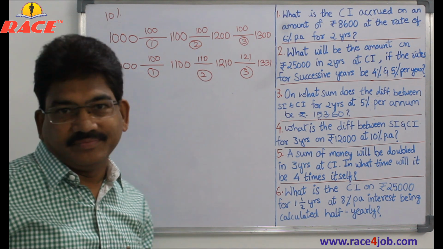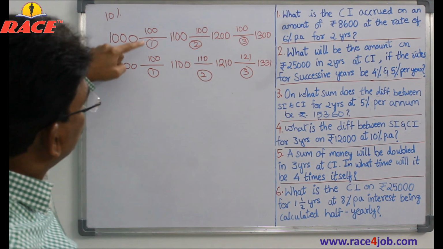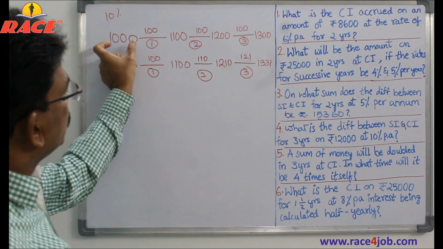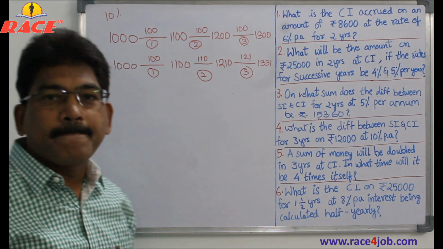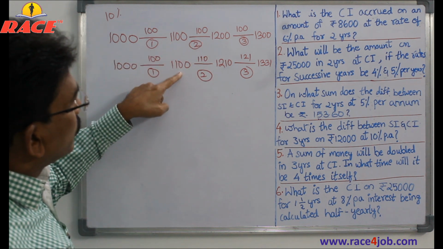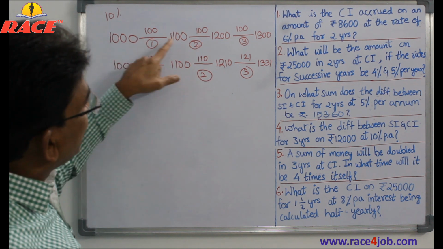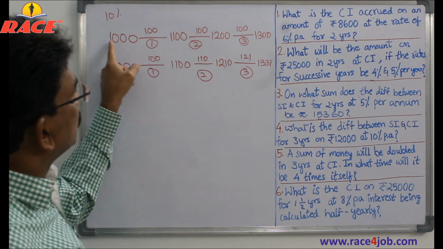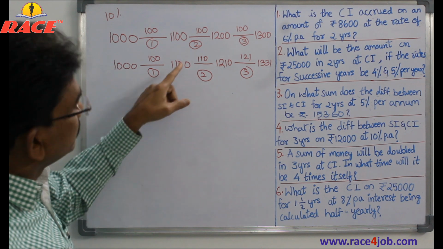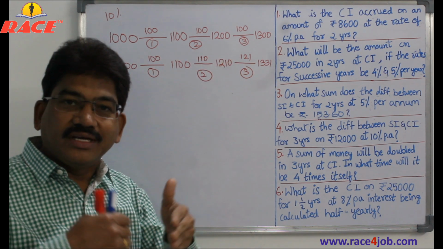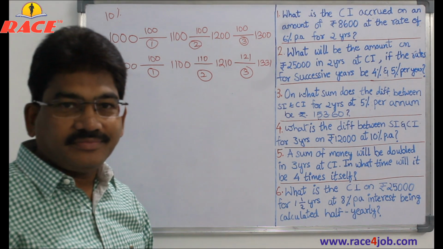for the next year. In the first year you can observe simple interest and compound interest are both the same because in both cases our principal is the same. But for the second year, principal is different now. In simple interest we calculate interest on principal always, so always on 1000. But here, second year on 1100, third year on 1210. So there is a difference between these two.